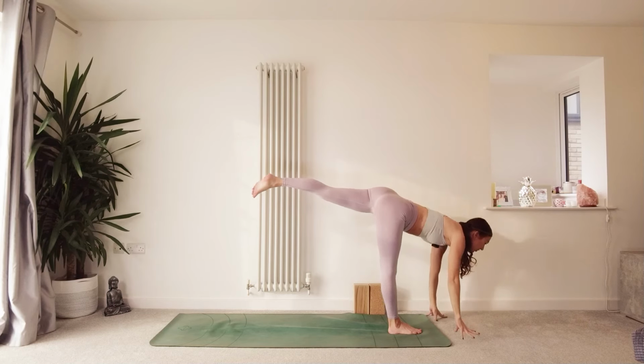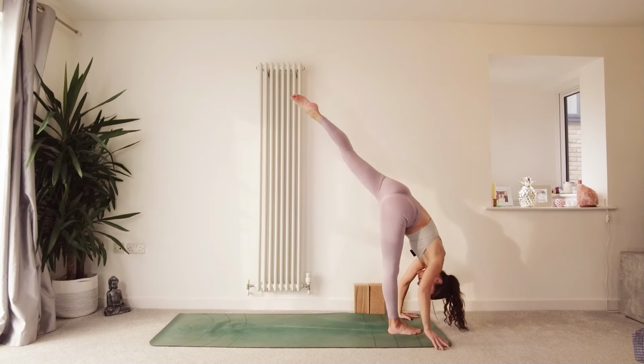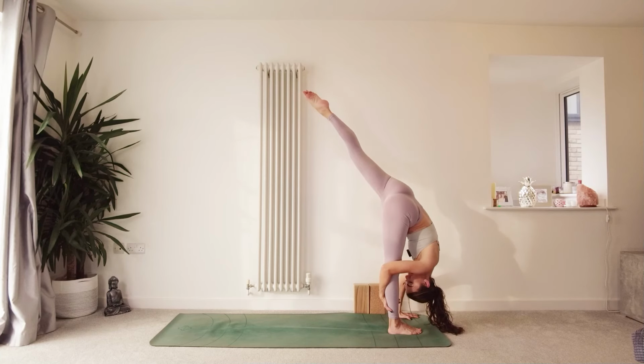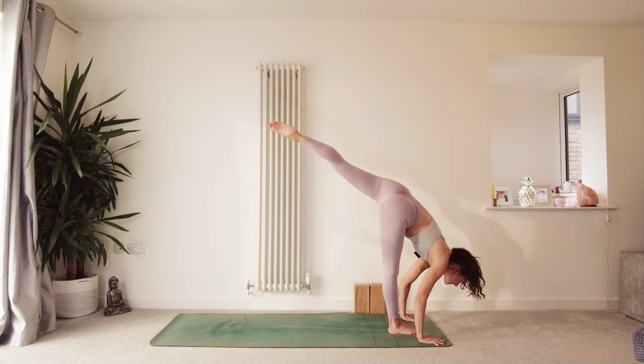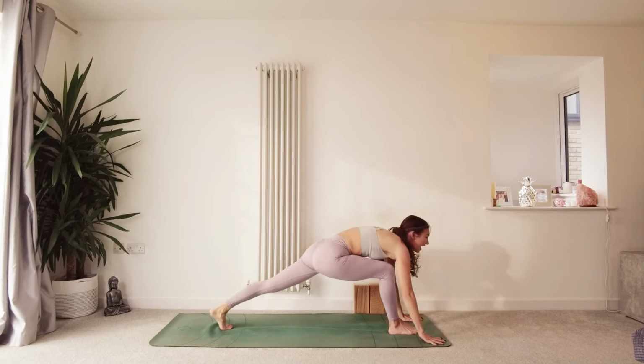And then we're going to float the hands down to the mat, walk them in, finding your standing split position. So option to wrap the right arm around the right leg, reaching the left fingertips up to the sky. Breathing here. Well done. And then placing both hands down on the mat, take a big step back with this left leg